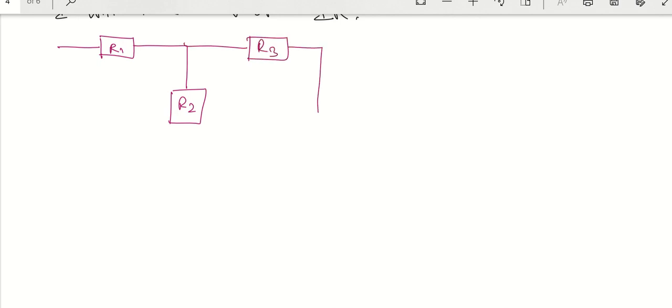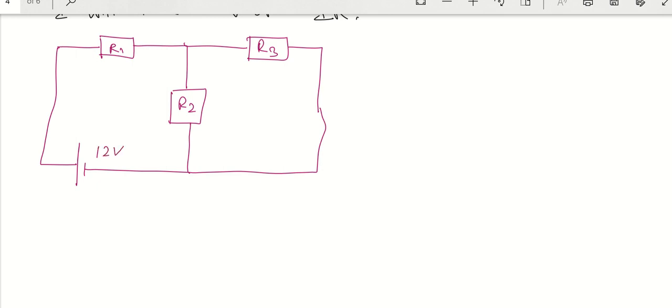So if I take a circuit, let's say here R1, then R2, R3, then I come here, I have this, and I have this, and let's say this is something like 12 volt, and this is V in we are giving. So this is positive, negative, so the current is flowing here, current is flowing here, which means